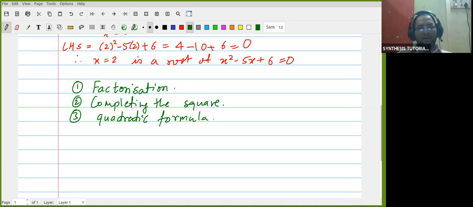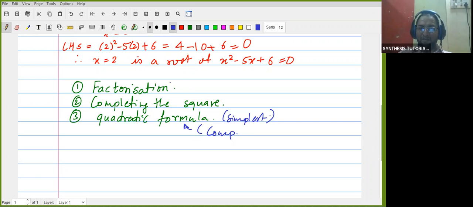This is the easiest and simplest to use. Even when you want the computer to do it for you, this is what you will give it, so this is for computer-based solving. If you want the system to solve, let me say, 1 lakh quadratic equations, it will use this formula, because the other two need some kind of human intervention. You can design algorithms for them also, not a big deal.